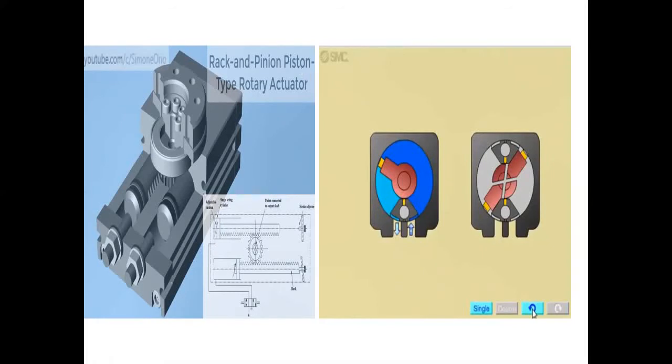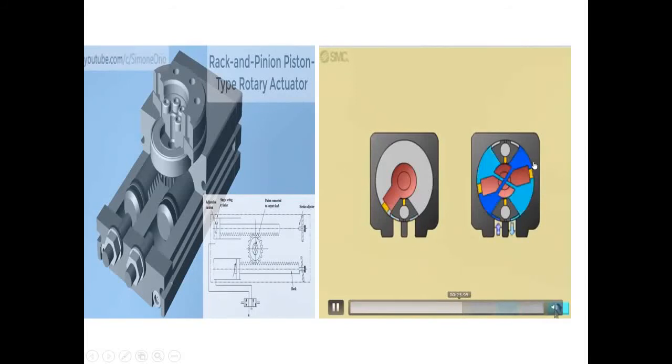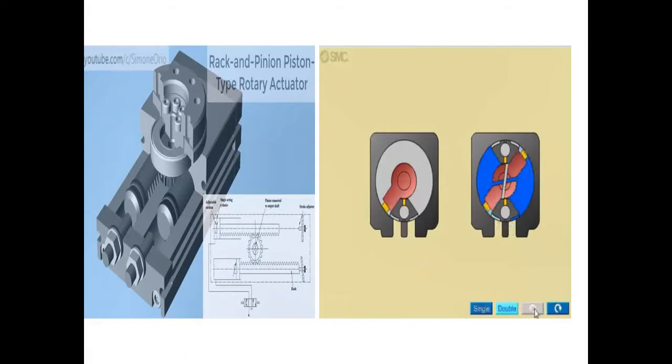This is non-restricted type rotary actuator. And this one is restricted type rotary actuator. This is restricted type rotary actuator, and this is non-restricted type rotary actuator.